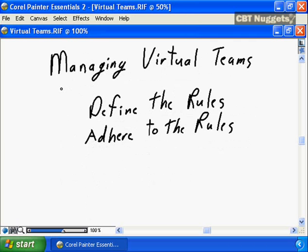One final consideration for the human resource management process is managing of virtual teams. Managing virtual teams is becoming more and more common in business today. Our teams are being distributed throughout cities, throughout our country, and oftentimes throughout the world. It's your job as the project manager to ensure that you have defined the processes and procedures to ensure effective communications, effective human resource management, and in effect, effective project delivery using a